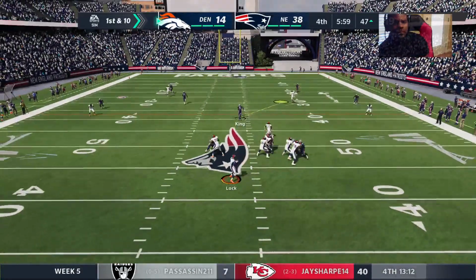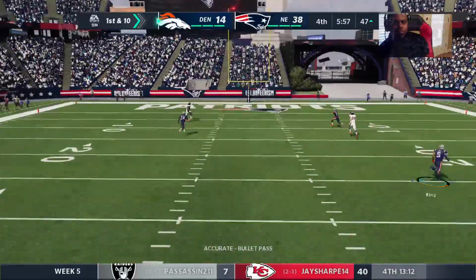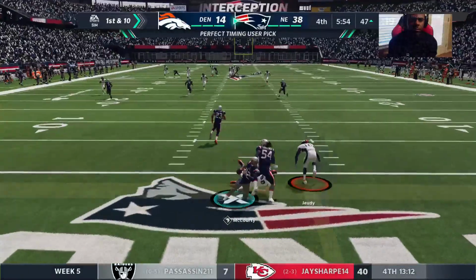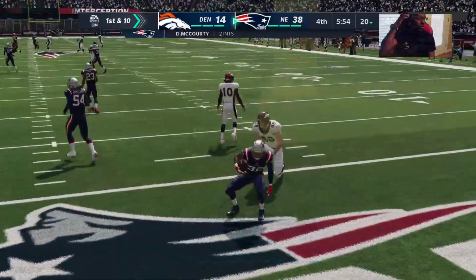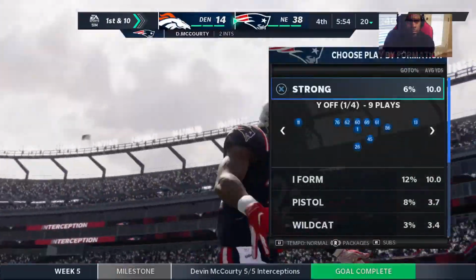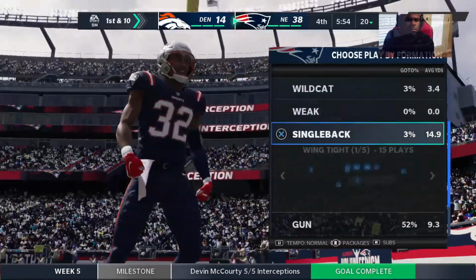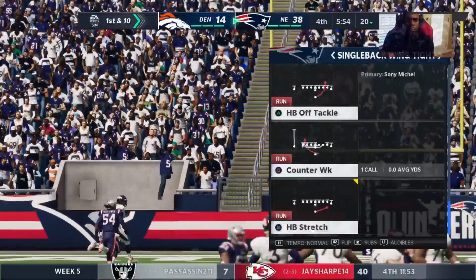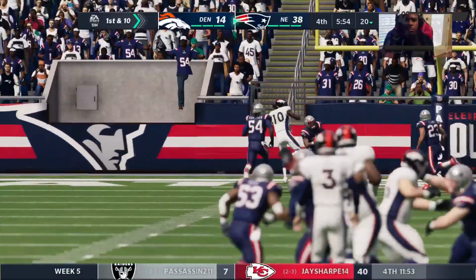Shotgun snap to Locke. Oh, he'll air this one deep for Judy. And it'll be intercepted. Devin McCourty picks it up. And a big turnover there as his guys will get the football back. And you have to wonder, Charles, a game like this, 5 interceptions, what does this do to the psyche of